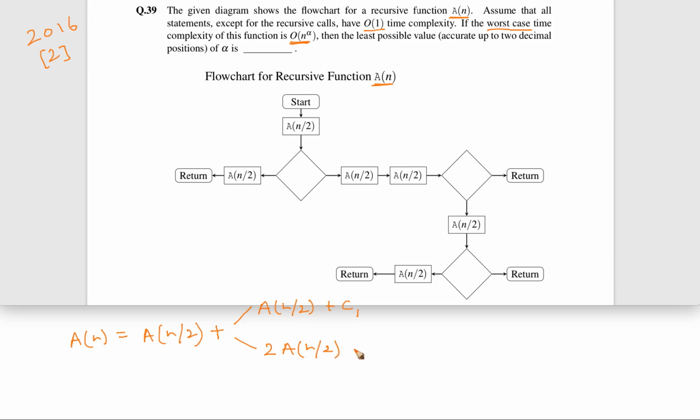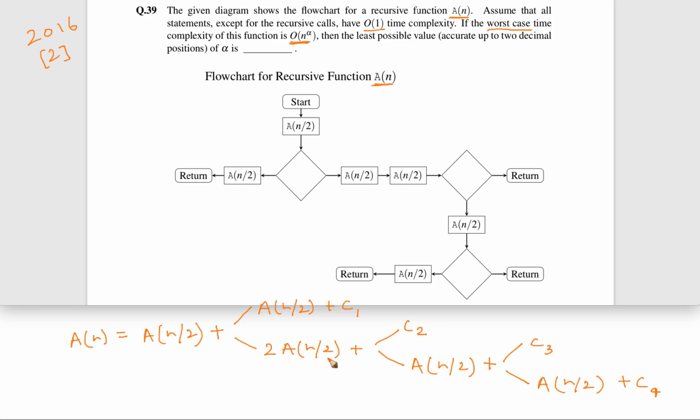plus, again there is a branch here, so one branch is simply returning, so let's say this is a constant. Another branch is going to have another A(n/2), right? And then plus, again there is a branch here, one branch is going to simply return, so let's say it takes a constant amount of time, c3. Another branch is going to have again A(n/2) plus some constant. Okay, so this is the entire